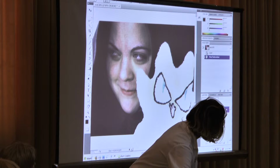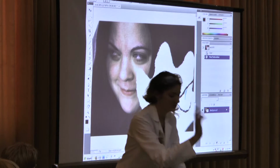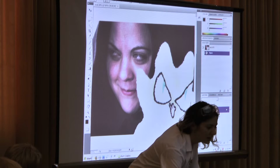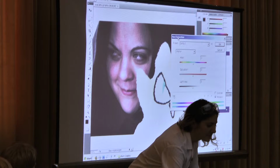That's what it did. And I can actually select only her face so that the eyes over here don't get messed up. I was just doing it real quickly. I don't want to hijack you too much, but open up hue saturation again. If you want to do something so that you're not altering the color of the blue or something in the image,